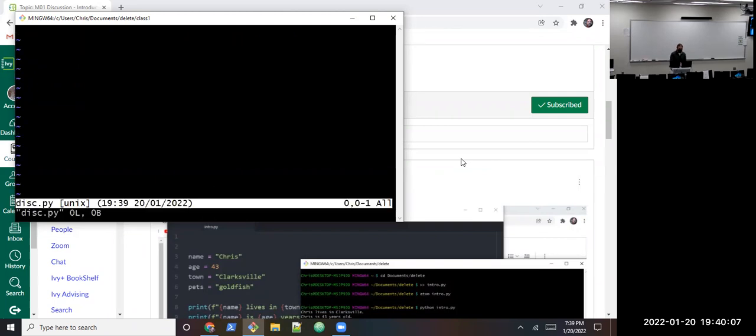Hopefully. There we go. So for like me, name equals Chris. Job equals teacher. And just to keep this quick, you'll have a certain number of data points about yourself and you concatenate together sentences. So like output 1 is